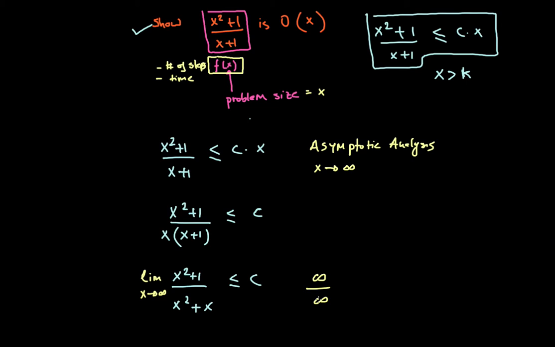The moment you have an expression which happens to be infinity over infinity, or 0 over 0, which is an indeterminate form, I can use L'Hopital's rule, which says the limit of x going to infinity of some function f of x over g of x